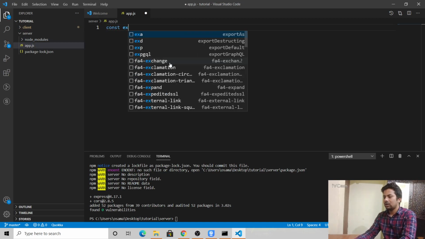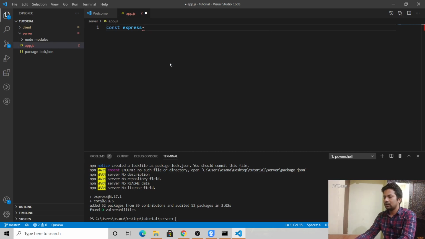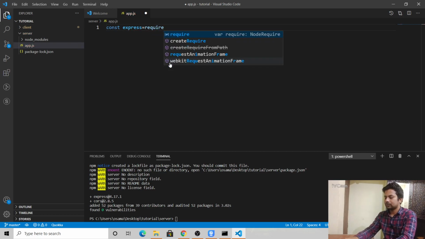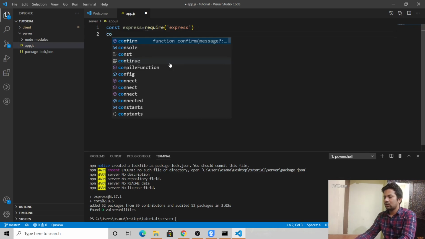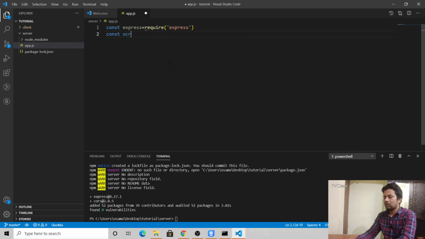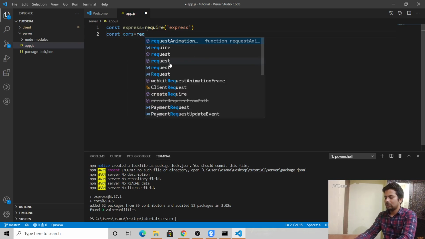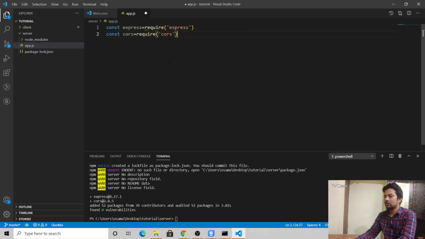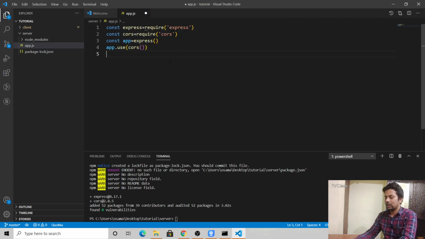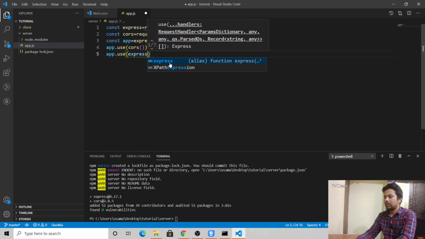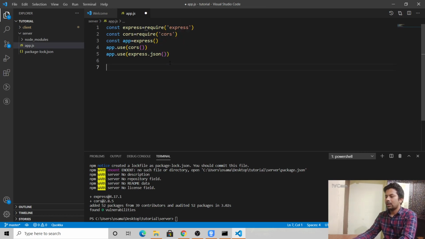We'll say const express equals require express, const cors equals require cors, and const app equals express. Then we'll say app.use cors and app.use express.json, and here we'll make our URL.